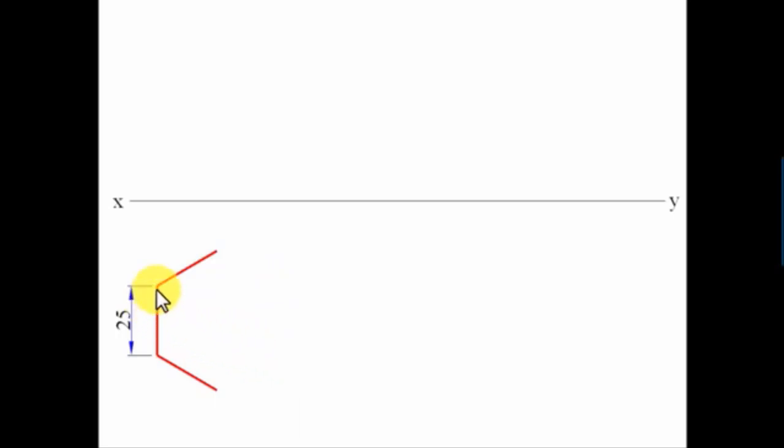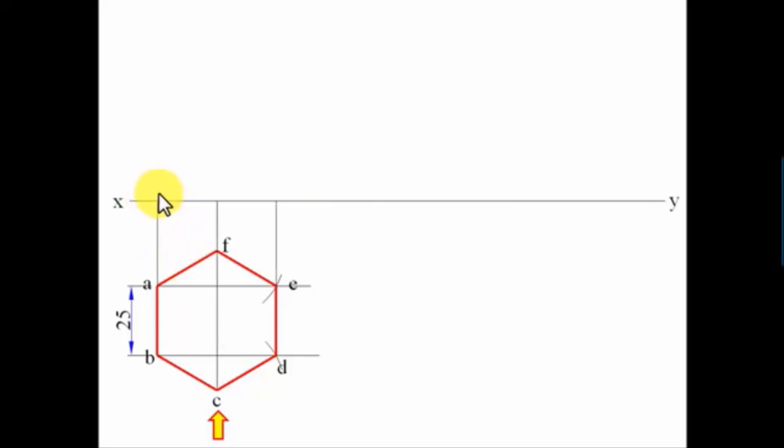Just draw 2 horizontal lines from these 2 points, something of this sort, and then take your compass, set it to 25 millimeters, or take 25 mm as the radius. Then with this point as the center, put an arc. With this point as the center, put an arc. You're going to get 2 points. Then join them. That's the hexagon I was talking about. Now let's name each and every corner. Let's say A, B, C, D, E, F. That's it. Now let us take a look at this from the front. This is entirely resting on the horizontal plane, and hence its projection, or its front view, is going to be lying somewhere here on this XY line.